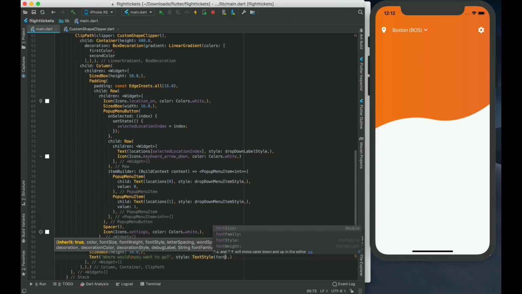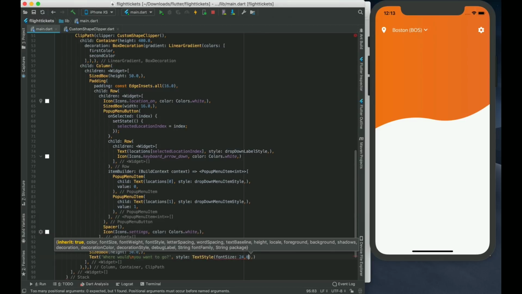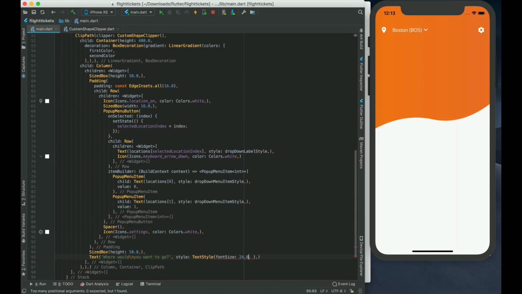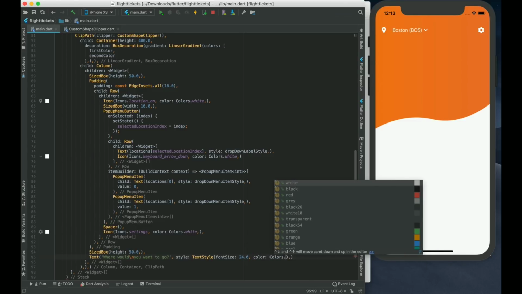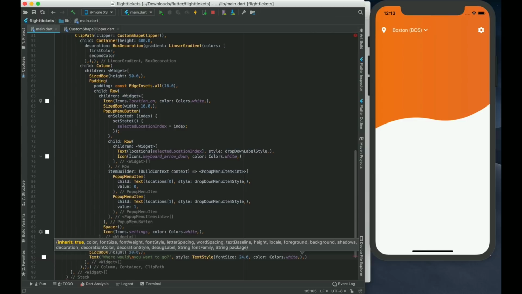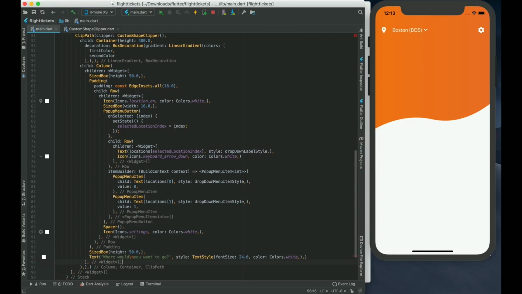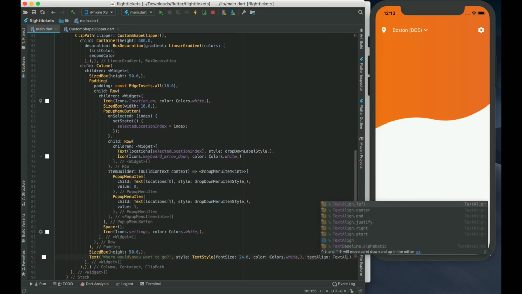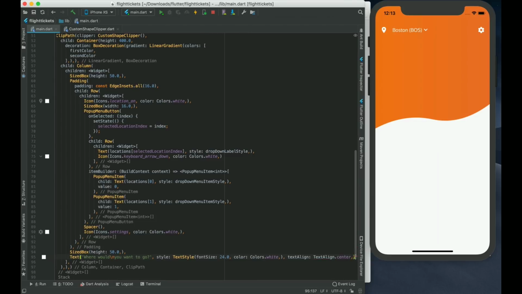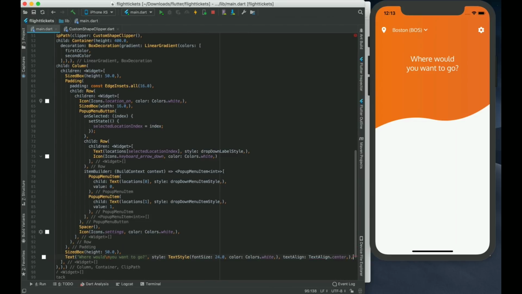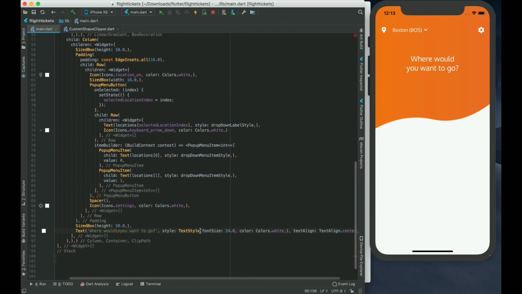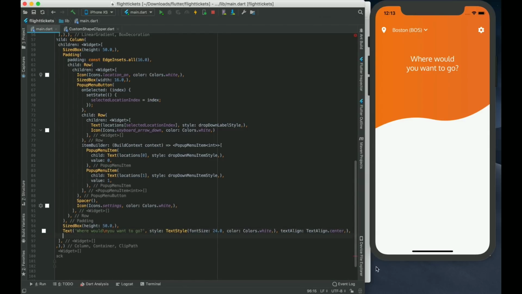Let's take the font size as 24 and color as white, and text align can be center. Let's see how much it is. Okay, it's looking good. Now what about this